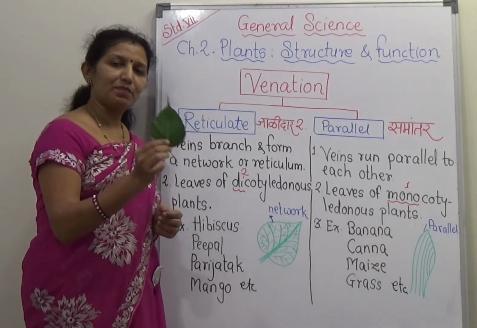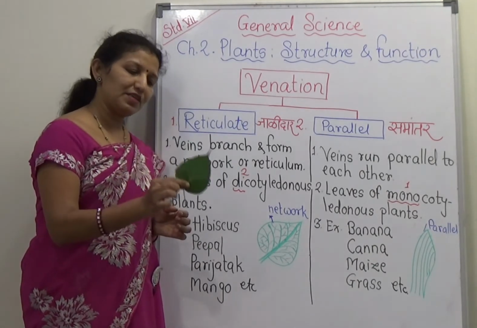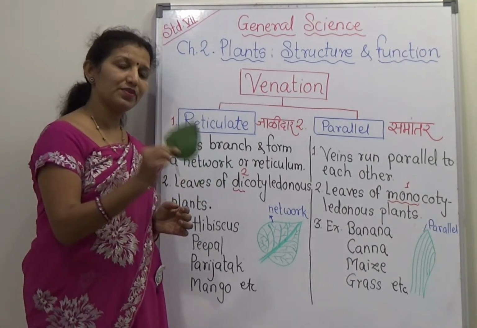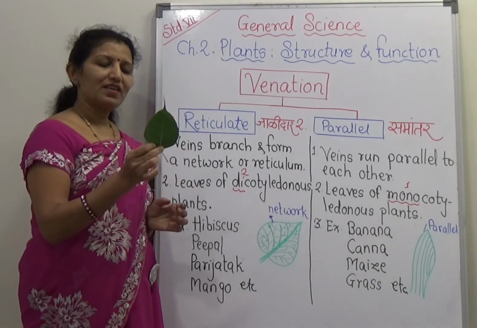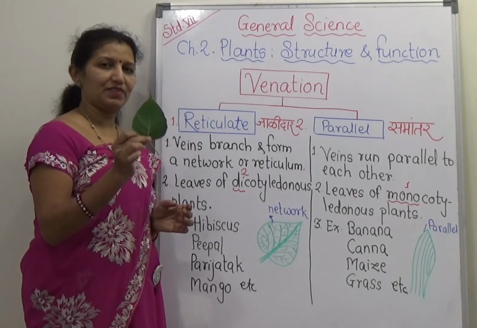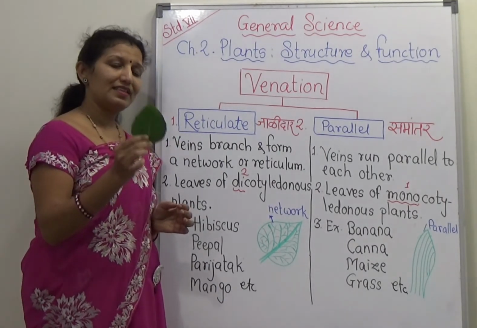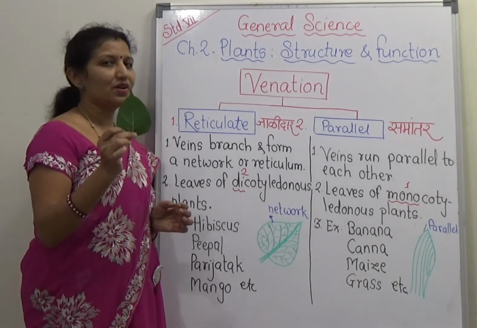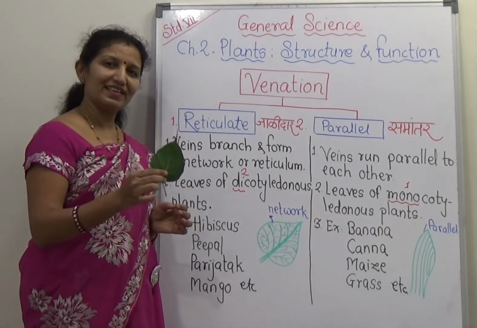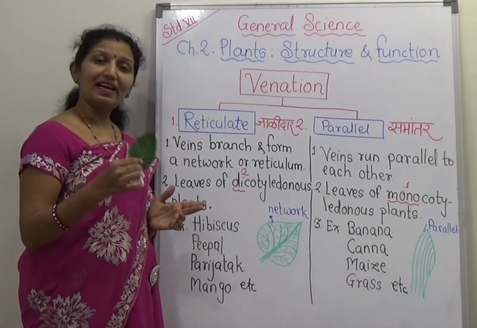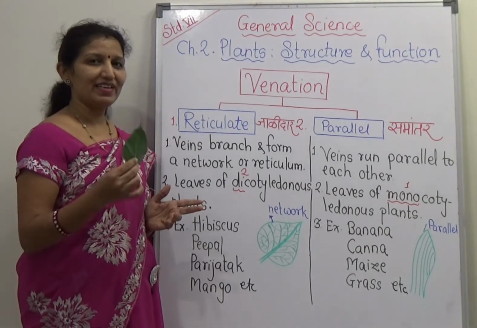If you take a peepal leaf and keep it in water, then dry it and keep it in a notebook for a few days, it will form a very nice network. That leaf is used for ornamental purposes, for making greeting cards and for decorations. It is colored and it is used by children very nicely.